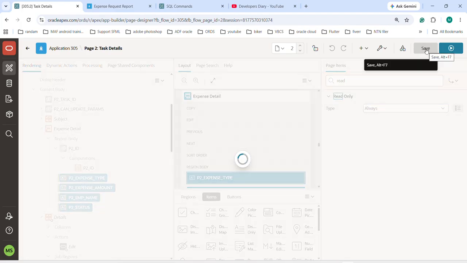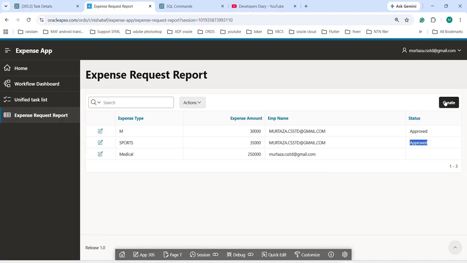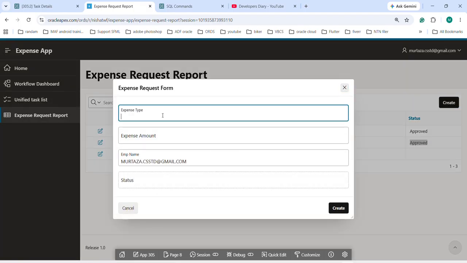Click save. Now submit another expense. So this is the traveling, travel expense